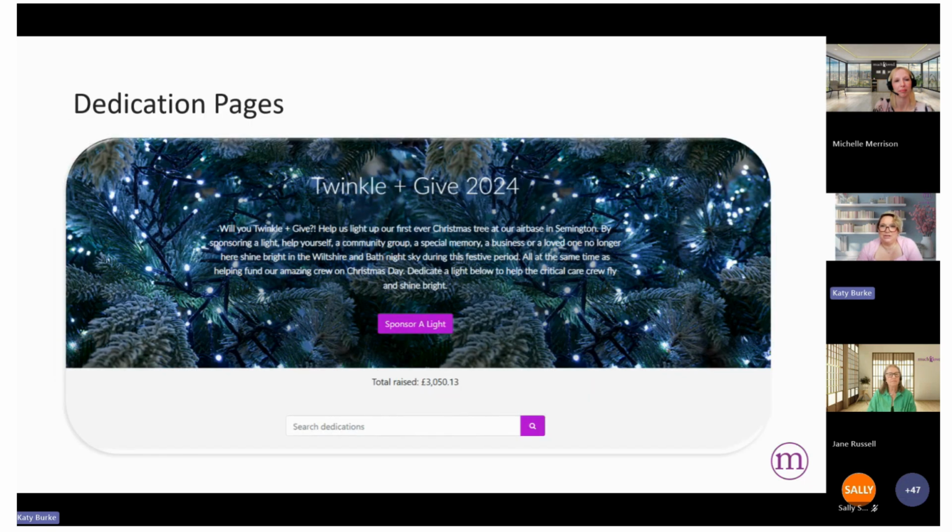And dedication pages. We thought we'd take this chance to remind you that with both our Optimum and our Advantage partnerships, you can use our dedication pages. They're great to support campaigns across the fundraising function. It doesn't just have to be in memory. It's a page where a community can come together in one place to support your charity. It can be to remember loved ones, like